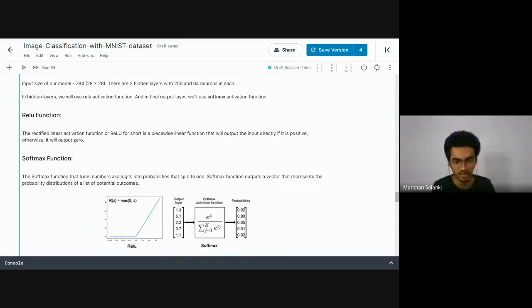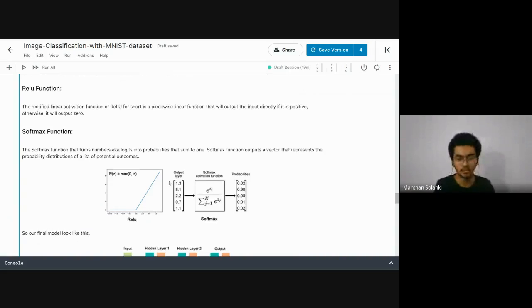Now what is the softmax activation function? We know that if we want to solve a binary classification problem, then we will use the sigmoid because it will give the value of 0 and 1. But the softmax activation function gives the probability for all classes.